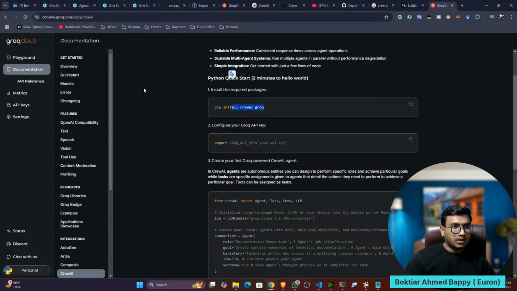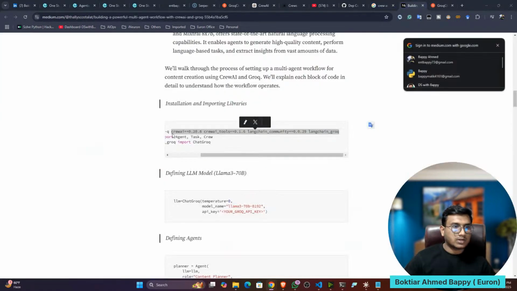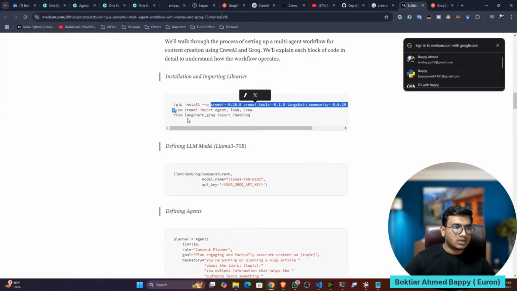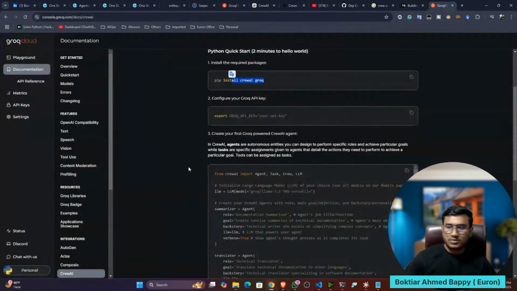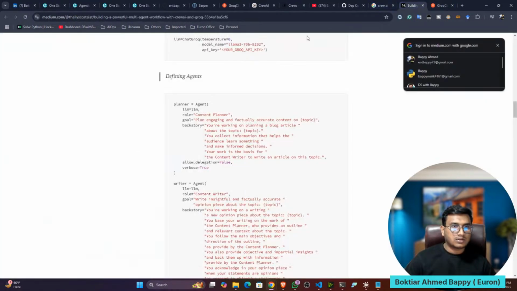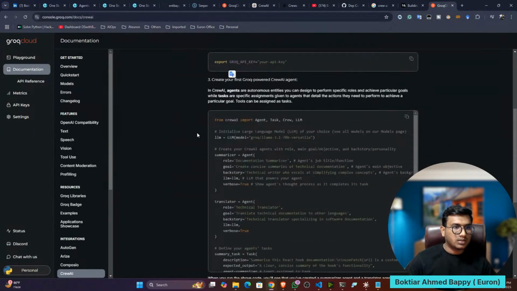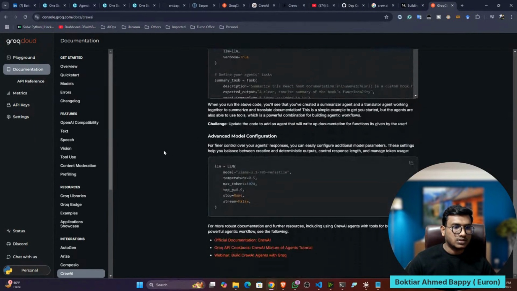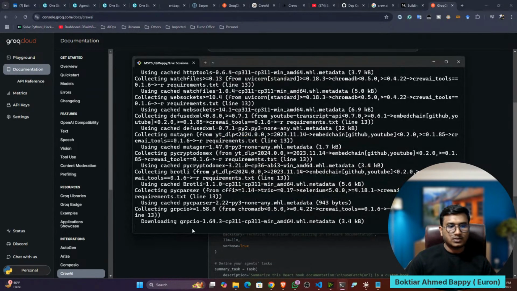So this is the Grok code they are suggesting, but I'm referring to the Crew AI documentation. That's why. If you see the Crew AI documentation, there you have to use it like that. See, there are different approaches you can use, but I'm following that approach. The previous OpenAI one I showed you, I'm using it like that actually. Maybe this approach will also work. You can use that. But let's try to see this demo first of all.